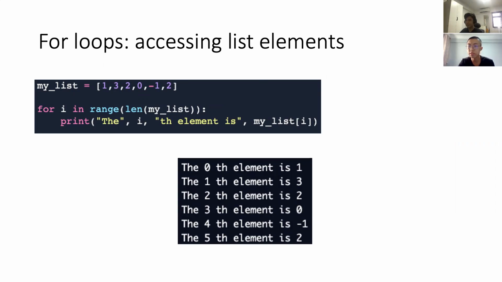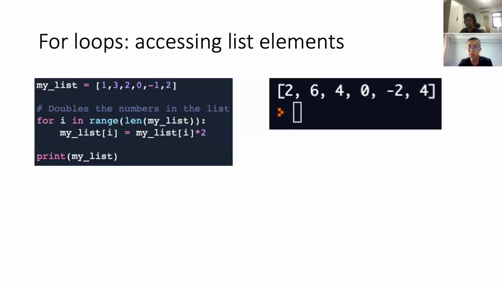So you can use this to not only access elements in the list, but also to modify them. Let's say I have a list: 1, 3, 2, 0, minus 1, 2. And let's say I wanted to double all the elements in the list. So the output I want is the list doubled: 2, 6, 4, 0, minus 2, 4. That's the goal. To do so, I can set my list index i equal to that element